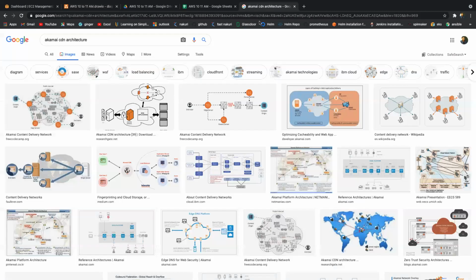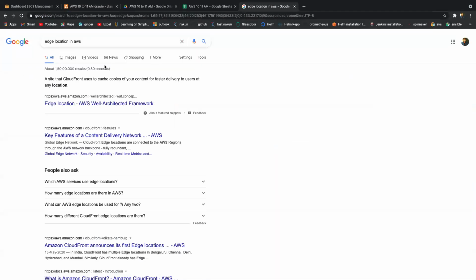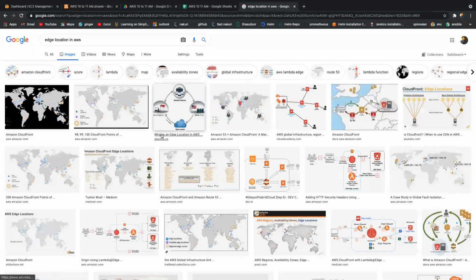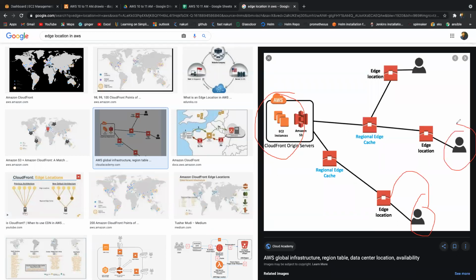You can see the edge locations in AWS. We do have multiple edge locations. See, now I'm sitting at Bangalore. If you have built the data center at Singapore and I'm sitting at Bangalore, my communication will be routed to the Bangalore edge location. If you're sitting at Ohio, I mean the US, your communication will be routed to the nearby one. If you're sitting at South Africa, the communication will be routed to the nearby one. Then the edge location does the fetching. That is their responsibility. You don't need to worry about that.